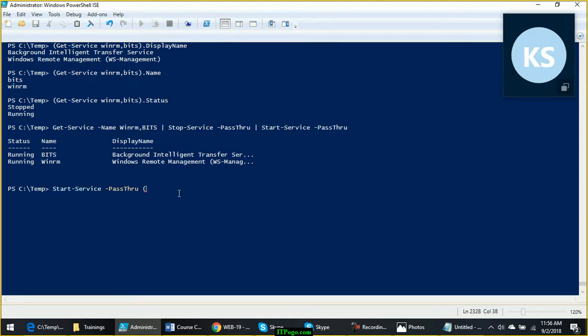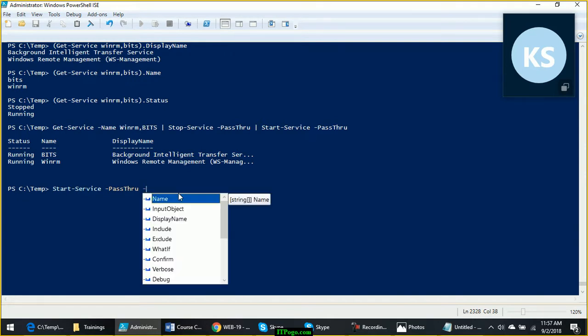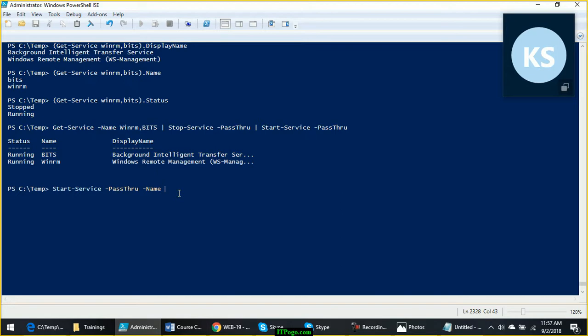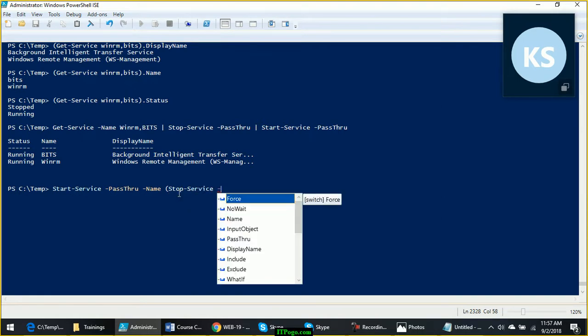So for the second command that we are going to run, we need the names of the services which need to be started. So how to pass the name? You can use the second command, Stop-Service. Again, for stopping the service, you need the name of the service.